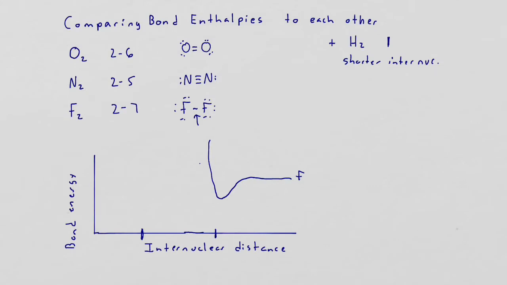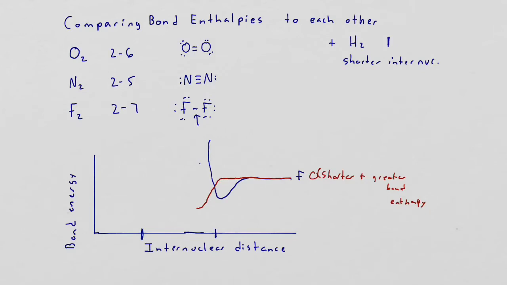Sorry about that. If I were to do oxygen instead, it'd be kind of the same diagram, except it would go further because the atoms are going to get closer, and it would go deeper because a double bond involves a release of more energy. It's more stable. So the oxygen double bond is shorter. This bond here is both shorter and has greater bond enthalpy in its formation. And that means more energy is released during the formation,